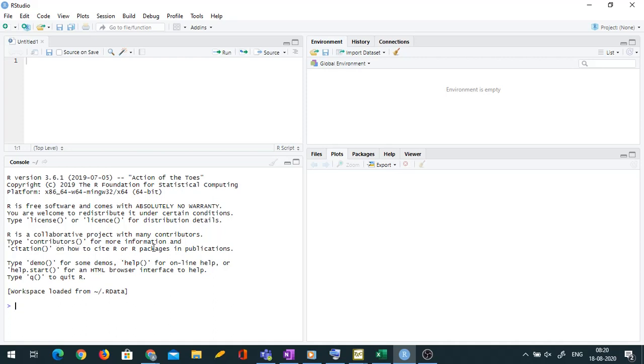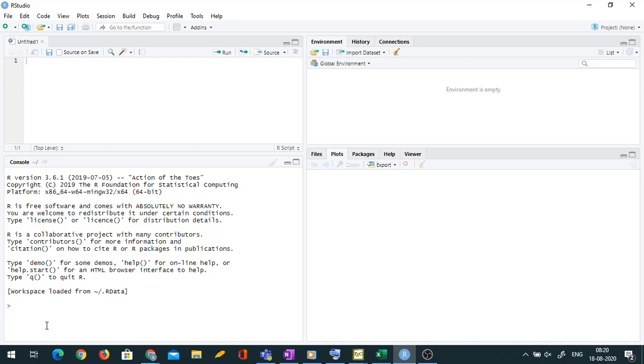Type contributors for more information and citation on how to cite R or R packages in publications. So whenever you use R for doing any project, ideally in the end, when you prepare a list of references, you should cite R also. We are freely using R. The least that we can do is give the credit that the creators desire.